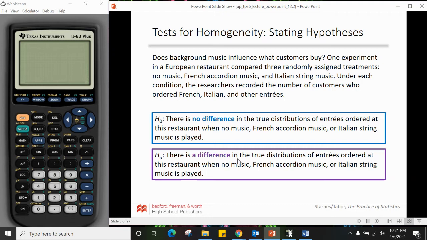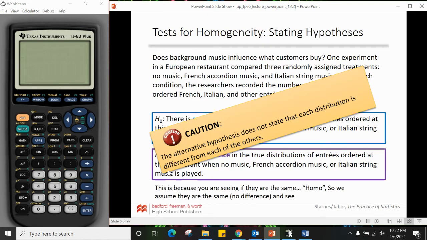Now, the big difference here is that the wording's a little flip-flopped. We assume that things were always equal, and that's actually what we're doing here. But the word "no" is what pops up in H naught, which is a little bit new. Normally we say does not equal for our alternative, so that word "no" or "not" usually falls in the alternative, but here it actually falls in the null, and that should make sense because